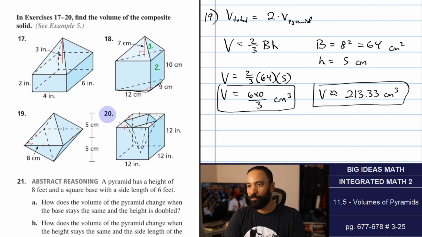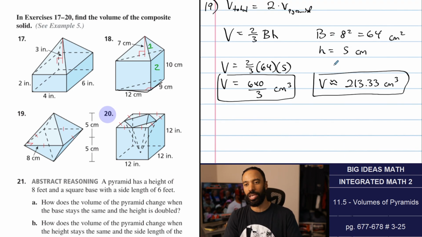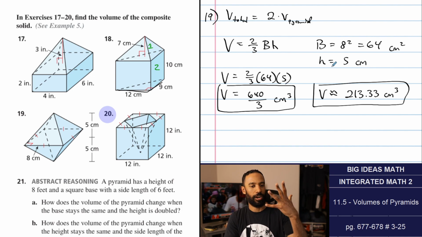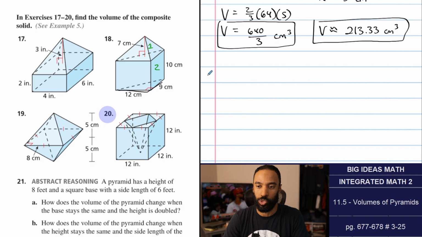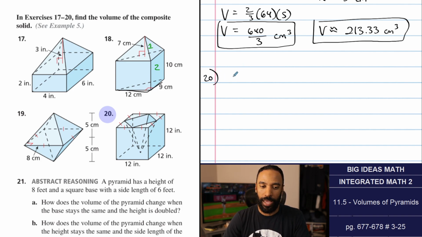So now we have one where we have to do a subtraction. Notice how the pyramid inside is being removed from this cube. And it is a cube there, so we get to cube the 12s. I forget what 12 cubed is. I should know. But we'll call this object 1, and the pyramid we'll call object 2. So the volume of object 1 is going to be 12 cubed,